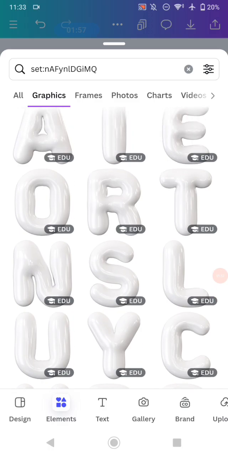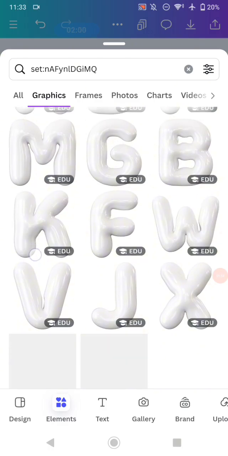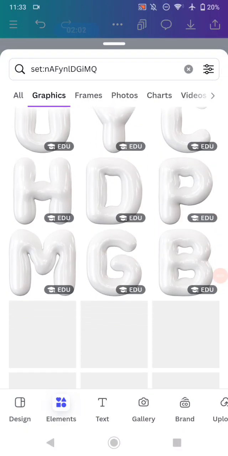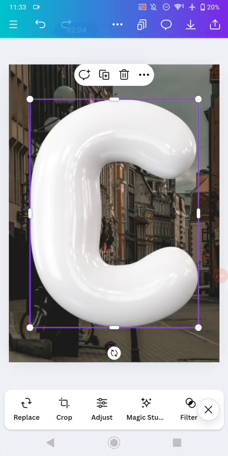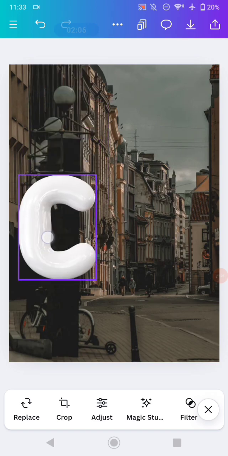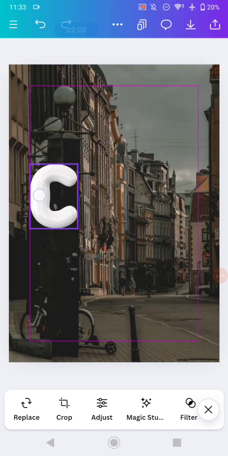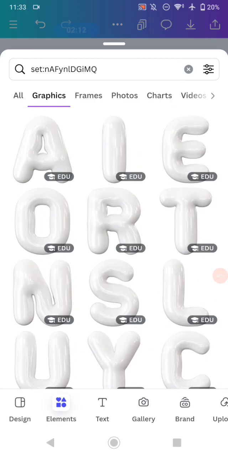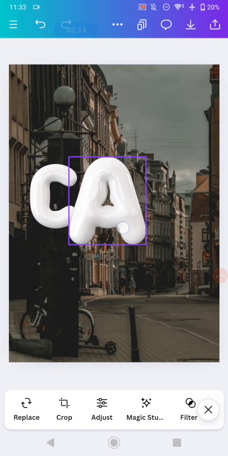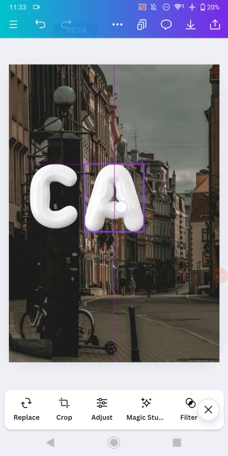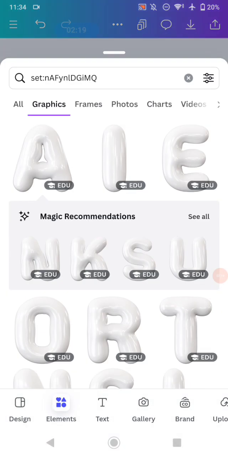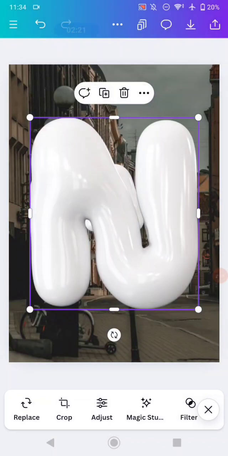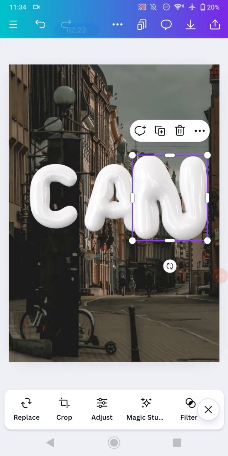For me, I'm going to make the word Canva. So the first letter is C. I'm going to put it on this side and go to the element button, insert an A, put it on this side too, and again insert this one, put it on this side,